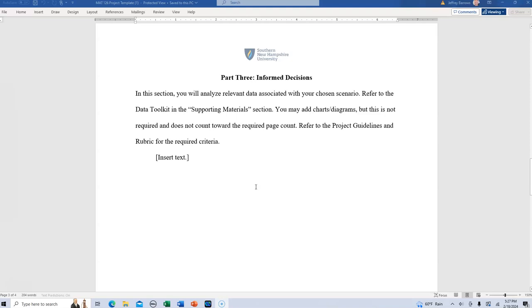So again, if you present it in sort of a summary manner in part two, that would lead very nicely into part three. And again, this idea of the data toolkit: once you decide what the key data is that you are able to find, how you've used that to address the questions from the scenario, and the tools that you have used, this is obviously the place where we want to see